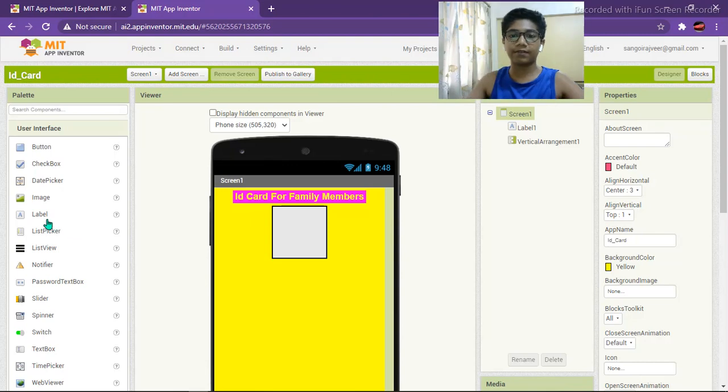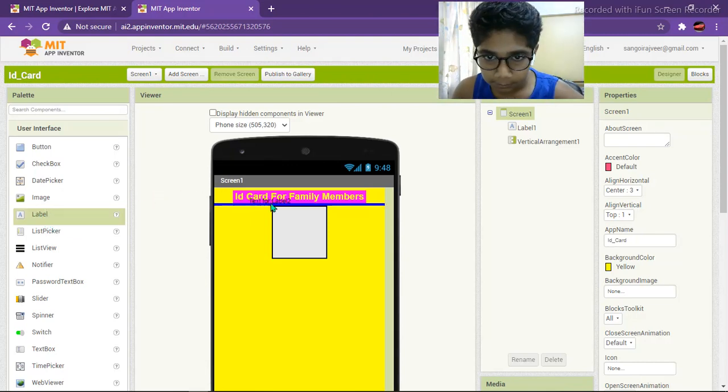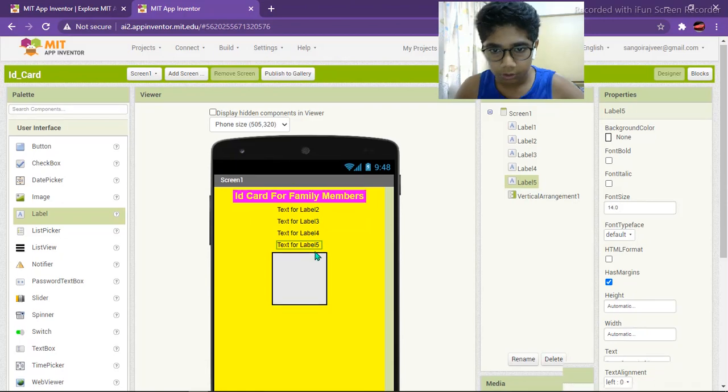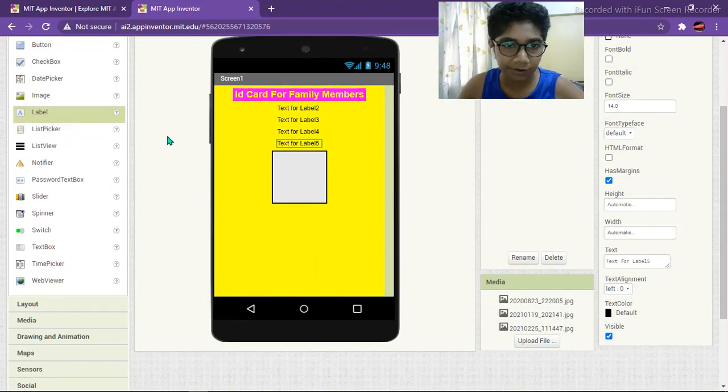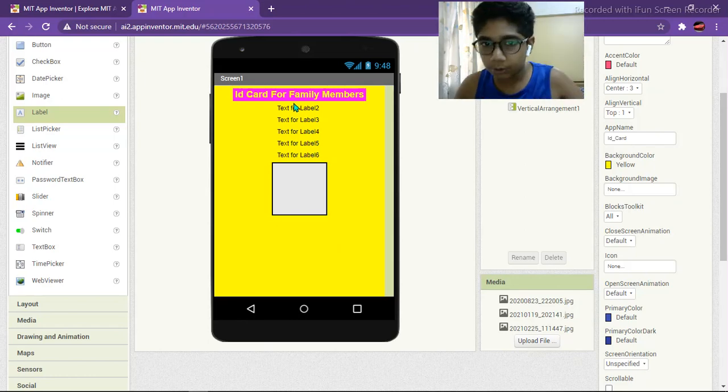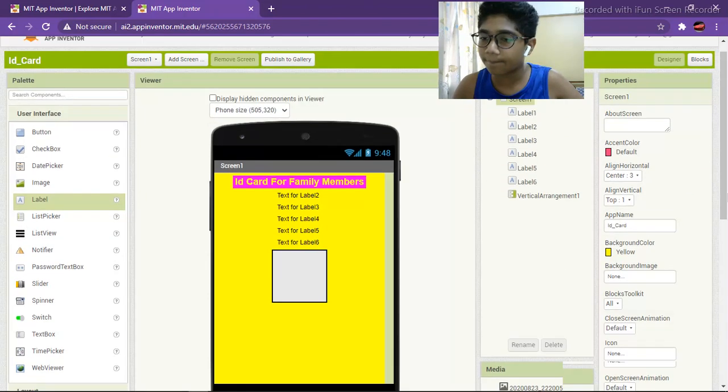It is just below this and which is not at all looking good. So for that we will give some space in between with some labels. 1, 2, 3, 4. I think 4 is fine. We can take one more. Now if we just keep it like this, it would show on the AI2 Companion screen.